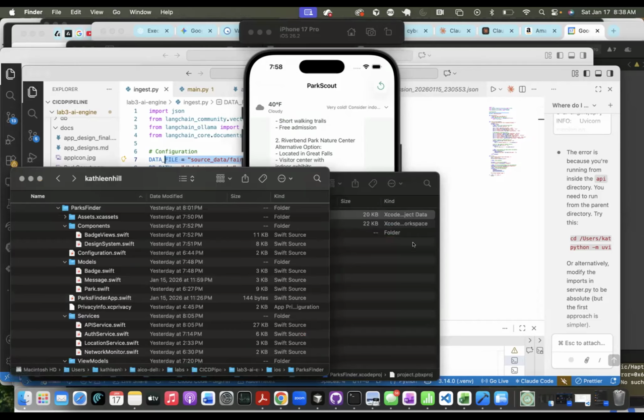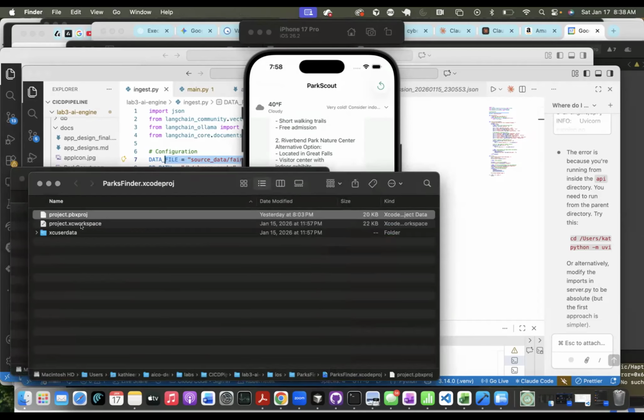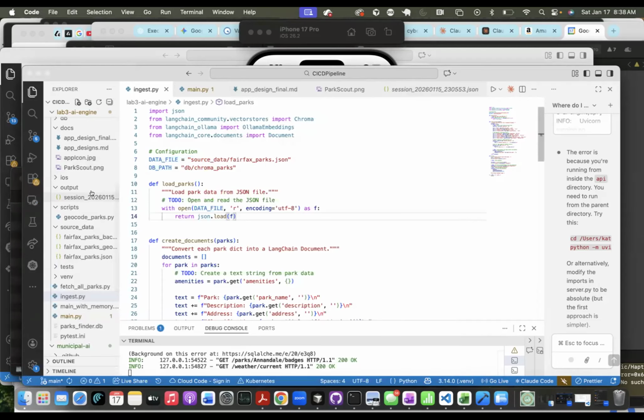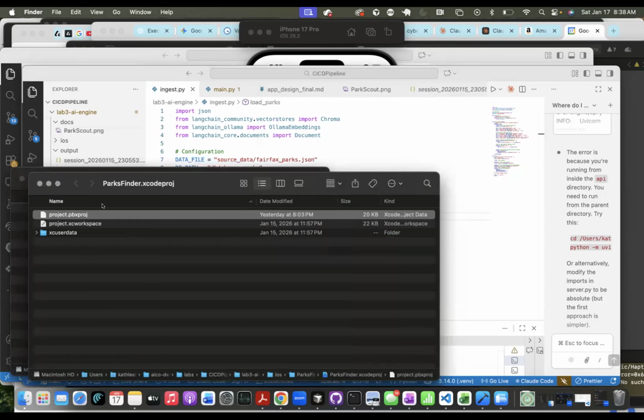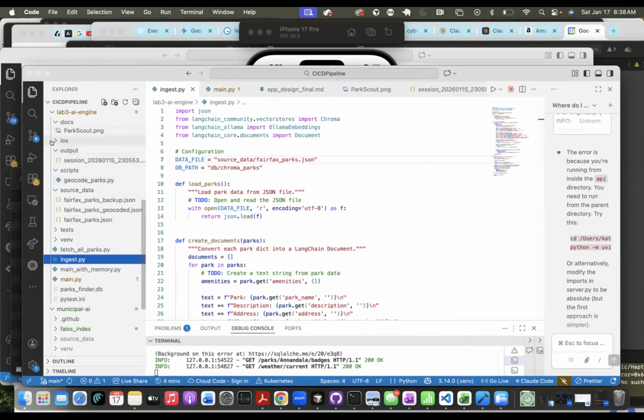The file type is PBX proj. So it created that, and then I had to download Xcode specifically, which comes with a simulator in it. And there, Max Parks Finder iOS. So it's under my iOS here.